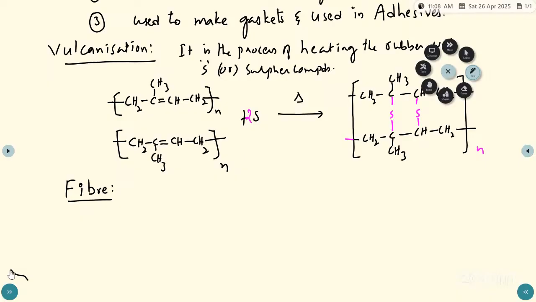Fiber is a polymer which can be drawn into filaments or threads. Every polymer has its own property: plastics have plasticity, rubbers have elasticity, fibers have filament property. So how can you define fiber? It is a polymer which can be drawn